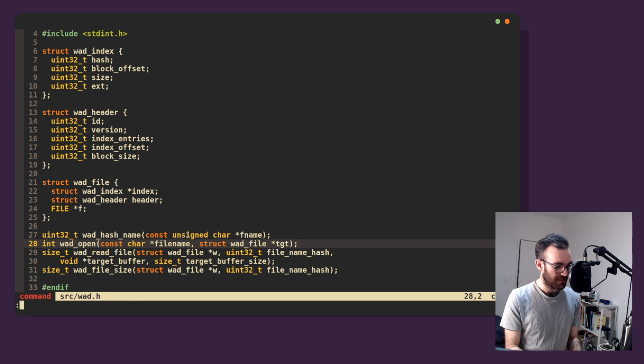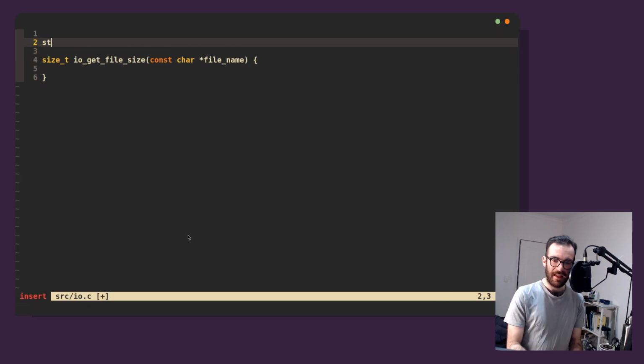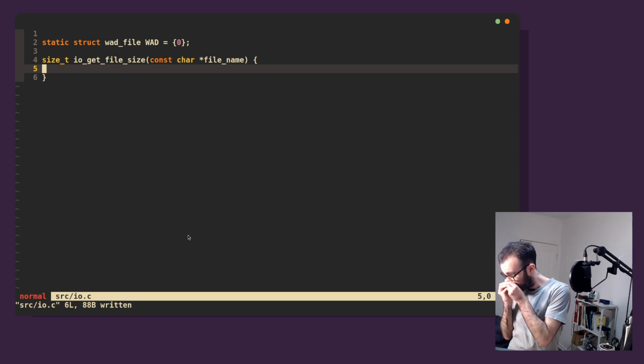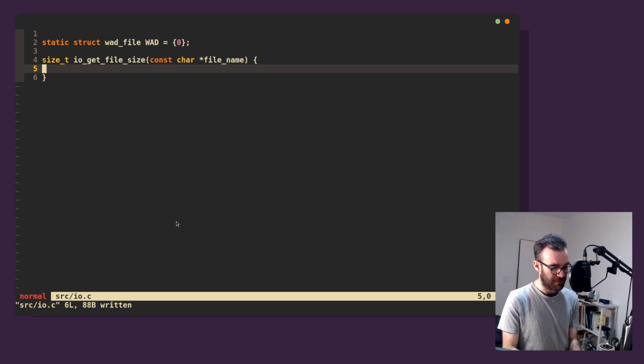And wad.h we have to save because we added a new function. Now we're going to look at io.c. And again, imagine we have some static struct wad. Right, we have some global WAD state. We only have one. Or we have a main one that we load from, and if we do anything else, we have to be explicit. I think that's a good way to work. So then all we do is return WAD